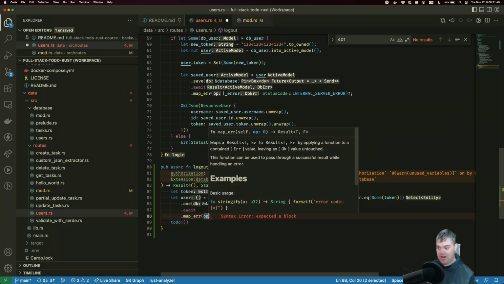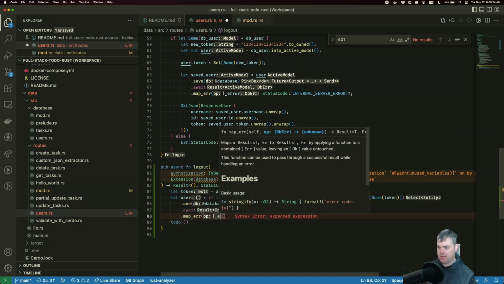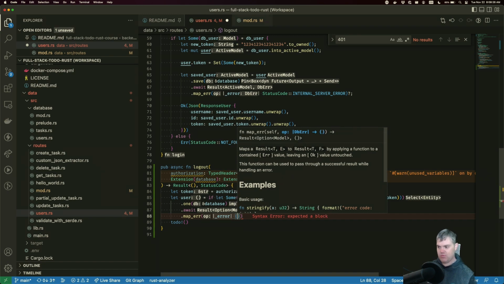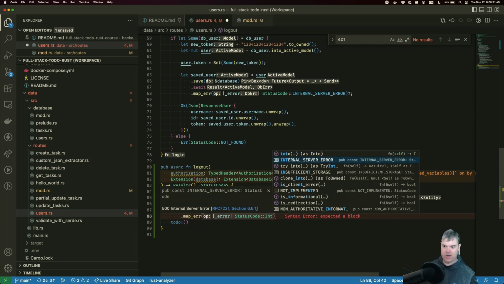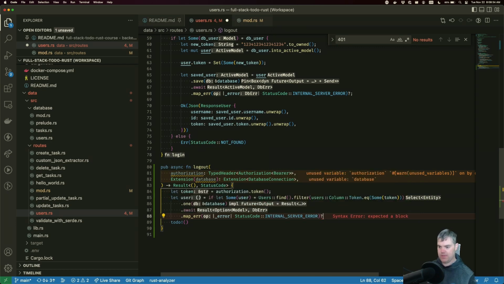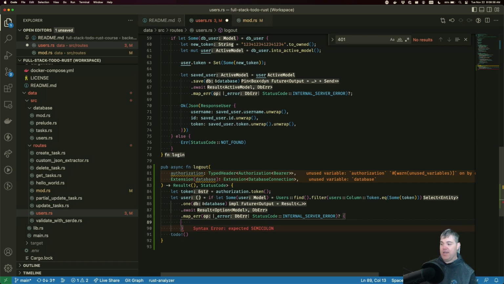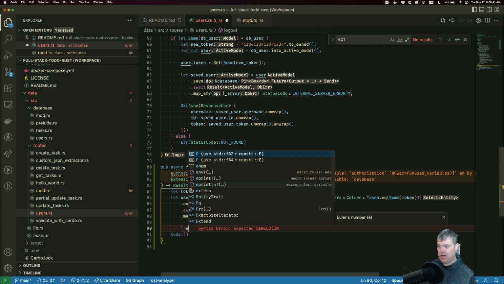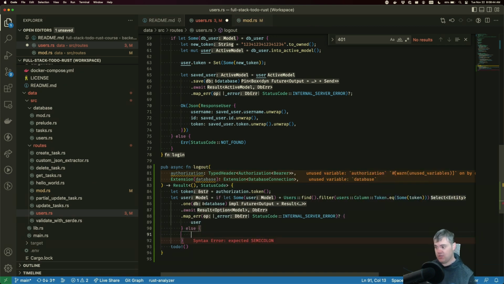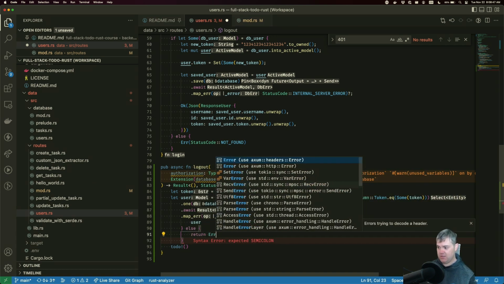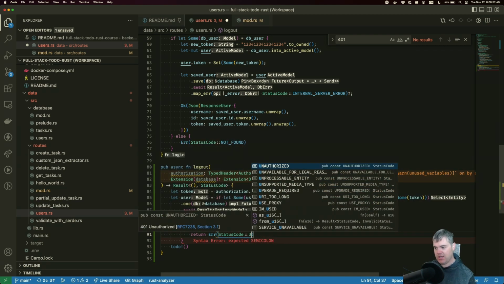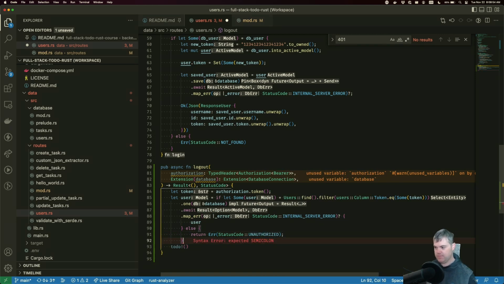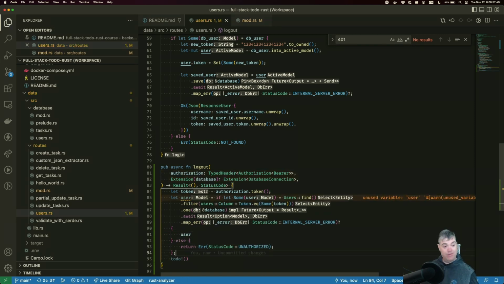We're going to map the error, and we're going to return a status code of internal server error. Okay, at this point we have the user, so I just want to return that out. Otherwise, we didn't find the user, so we're going to return an error with a status code of unauthorized. Okay, we have our user.